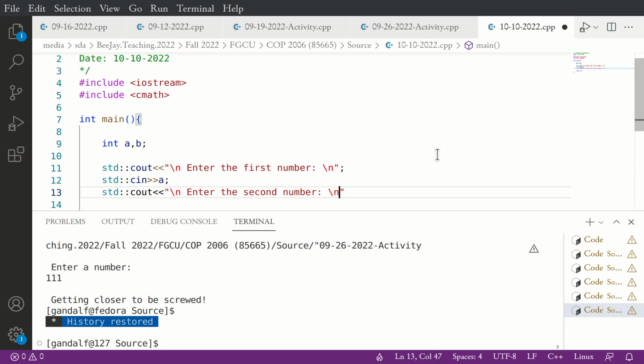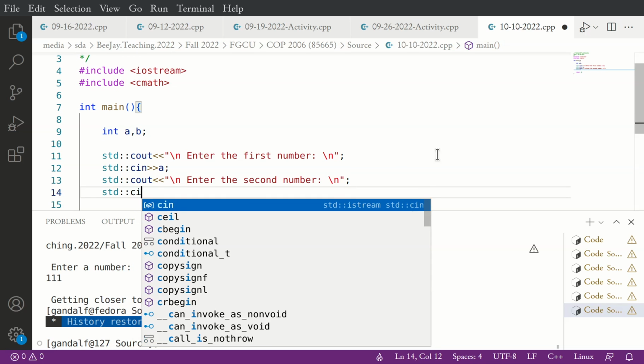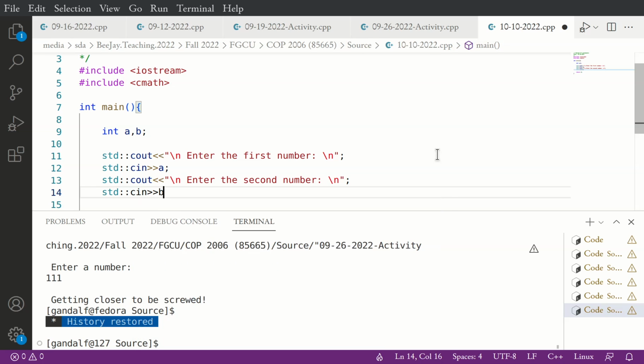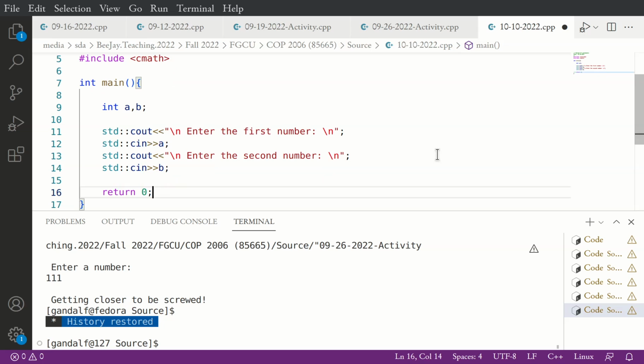So we got the first and the second number, so you enter the first number followed by the second, and so if the first number is bigger than 5, then we're going to proceed with a second operation. If it is not bigger than 5, we simply do nothing.